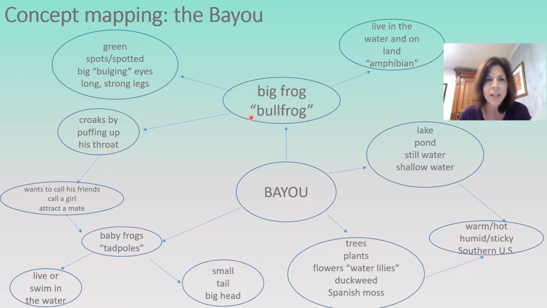But here I tried to connect, you can see, he croaks by puffing up his throat because he wants to attract a mate to make a baby frog, right? So it's not so much about the arrows necessarily, it's about eliciting some logical critical thinking and vocabulary from your